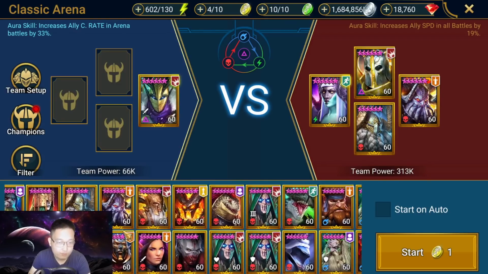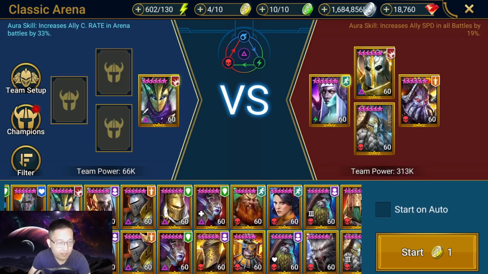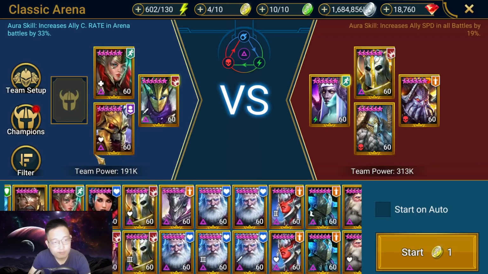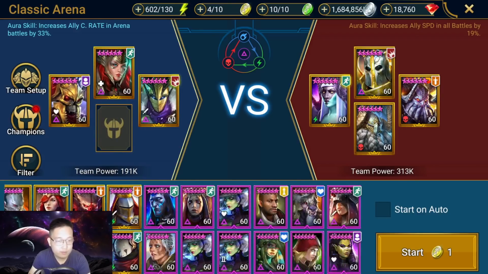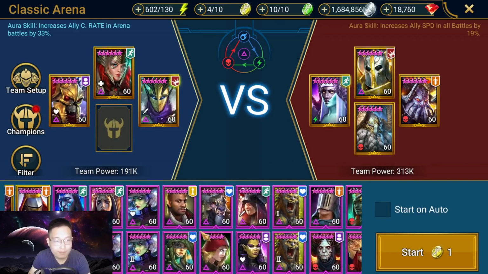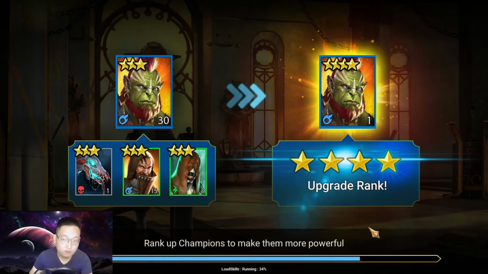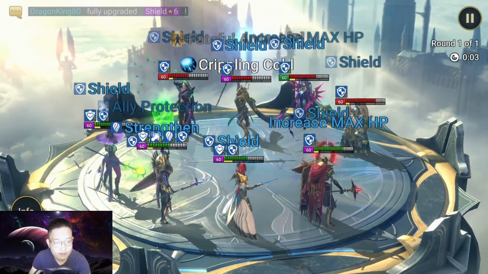Then maybe I can use Immunity Arbiter here. Then I can bring a protection champion, and then I can bring a buff strip. The way Mountain King's AI works is that he will always target my champion with the lowest HP. So it's always going to be Ethos, but my Necro is going to protect Ethos, so it doesn't really matter. My Ethos is not going to die. And the reason I'm bringing Ethos is